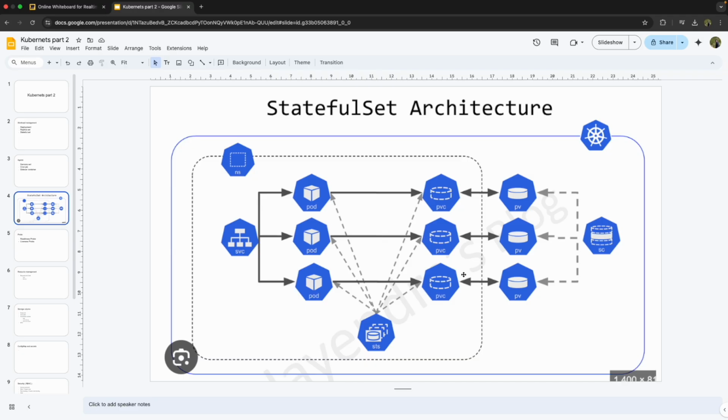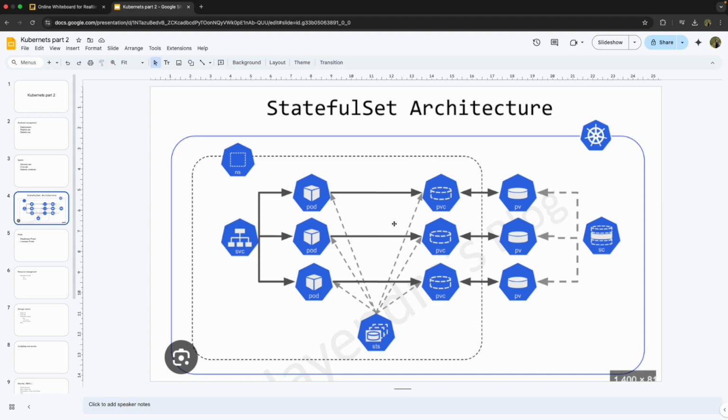In this video, we're gonna talk about stateful set. Stateful sets are used for applications that require persistent storage and stable network identities. Unlike deployments, which are stateless applications that won't manage any state, they will process and complete the task. But in stateful set, within a namespace, if you deploy any stateful set similar to